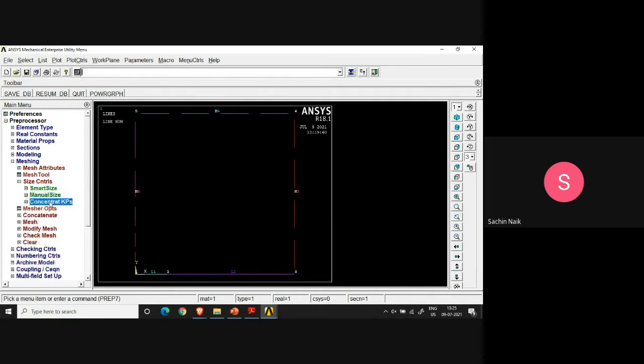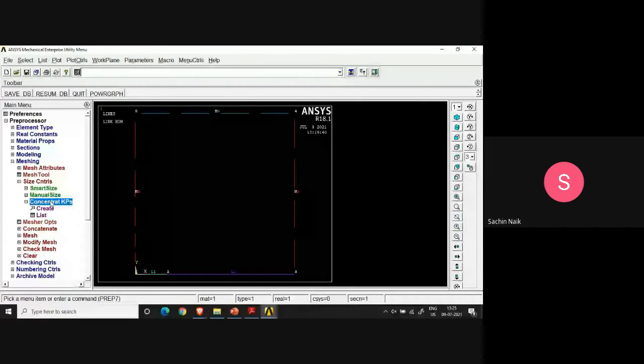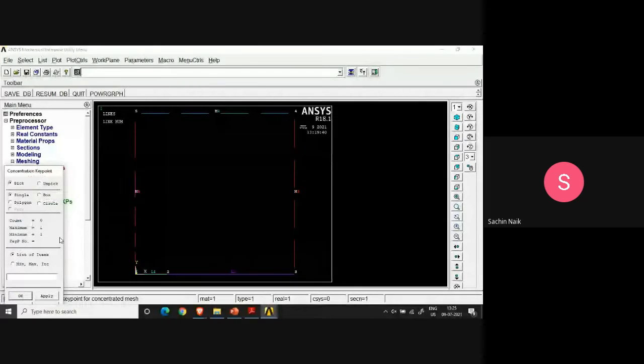It is concentration key points. So if you have to create the concentration key point, you can go to option create and tell the software where the crack tip is. So your crack tip is at location 2 of the key point. So I go and click on this. I can also enter the value 2 in this particular window on the left side, or I can use the cursor and choose the key point number 2 from the active coordinate system. So I have done that.